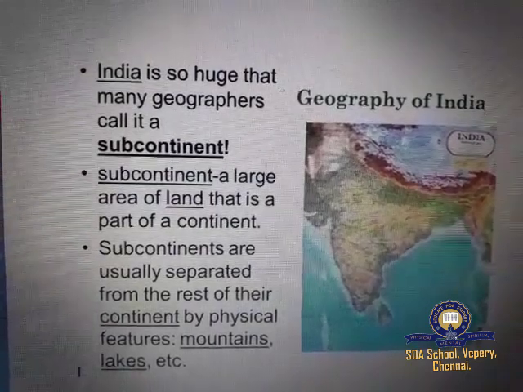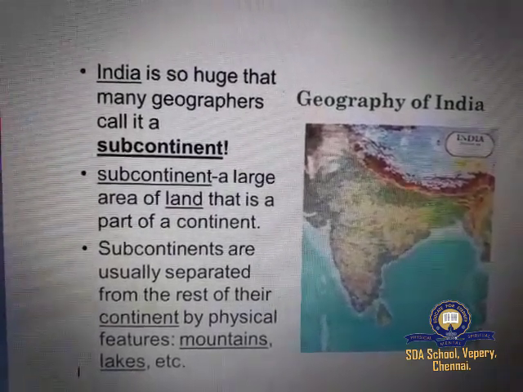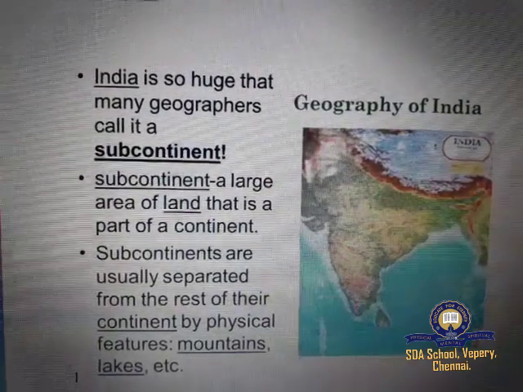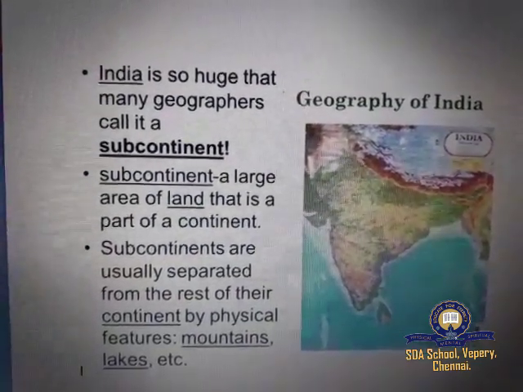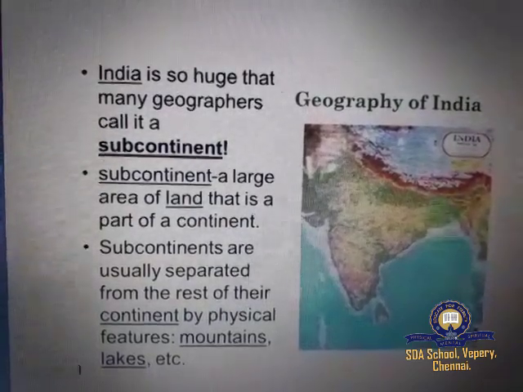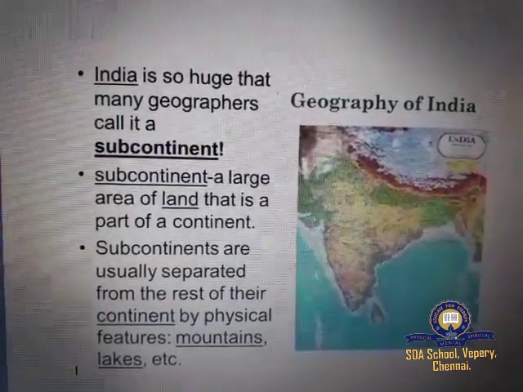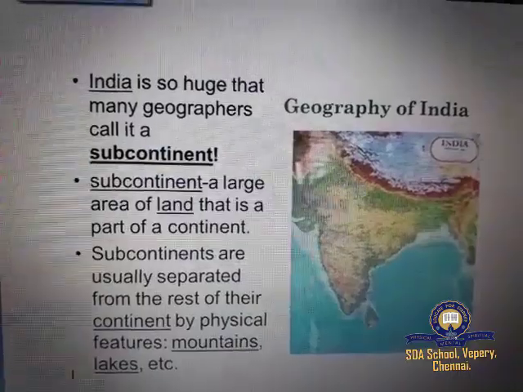This region also possesses a distinct continental characteristic in physiography, climate, natural vegetation, minerals, human resources, etc. Hence, India is known as a subcontinent.